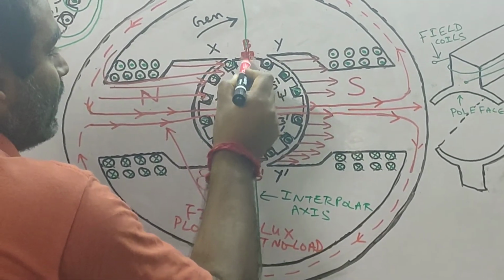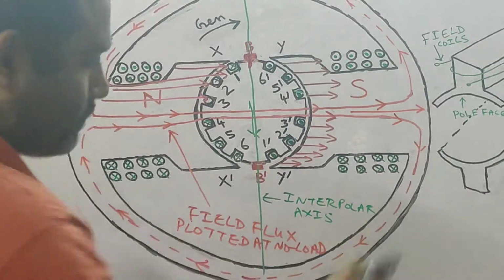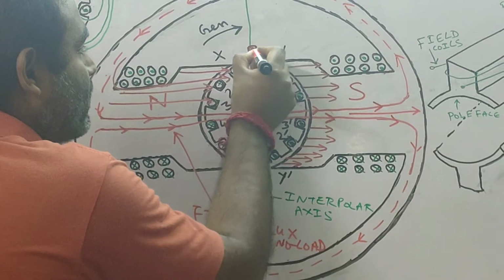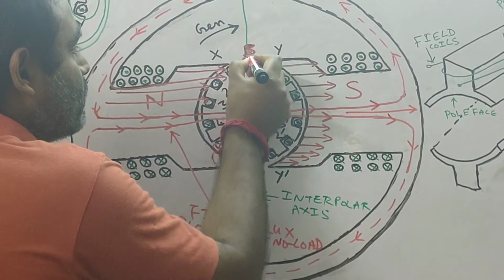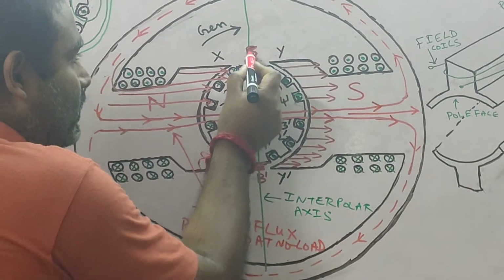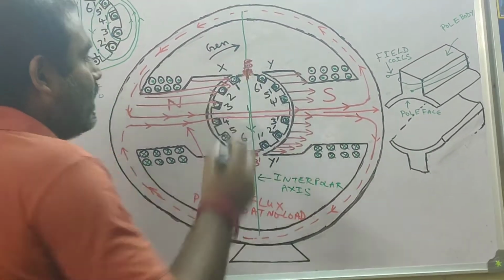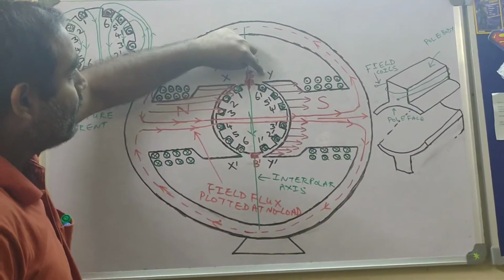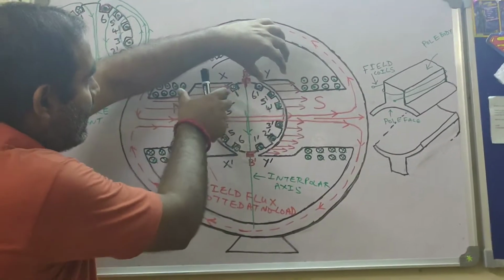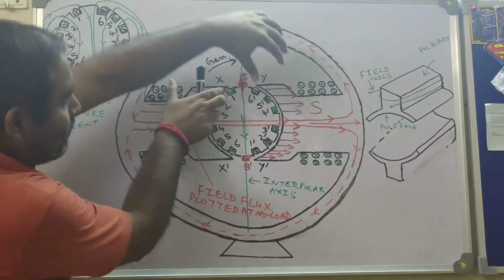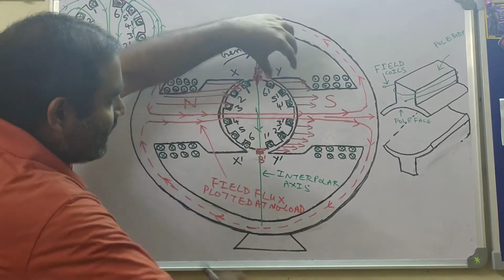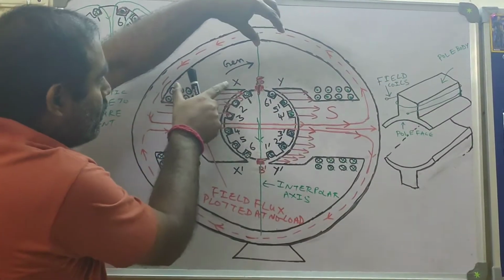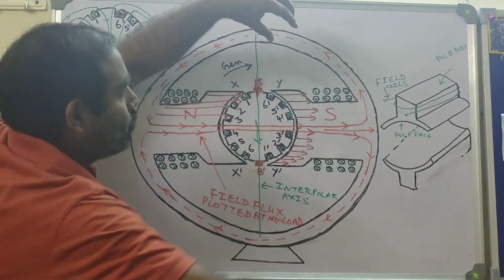We will make a cut at this point and then we will stretch it. Let's say I am making a cut at this point. Here we have indicated brush B. So let's say I am making a cut on this brush B over here. Then I am holding this pole tip Y with my left hand, and I am holding this pole tip X with my right hand, and then I am stretching it like this. That means the right hand will move from this position to that position, so pole tip X will move from this position to that position.